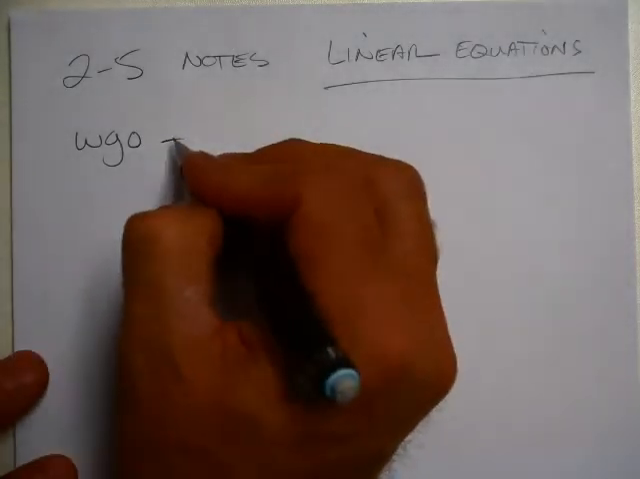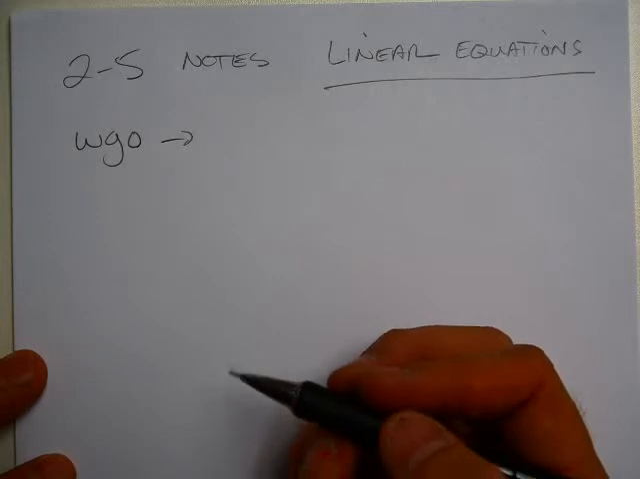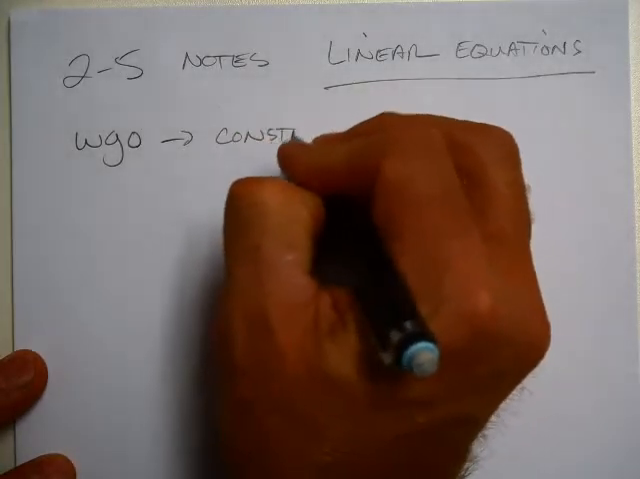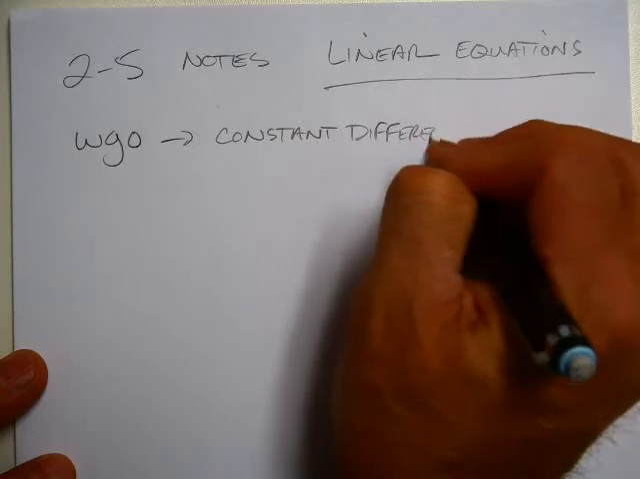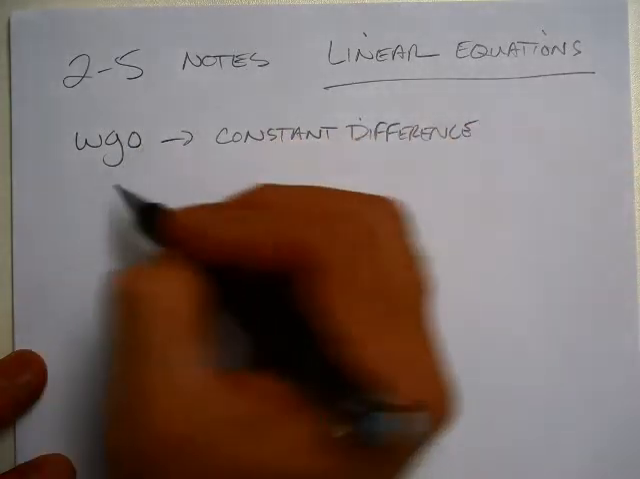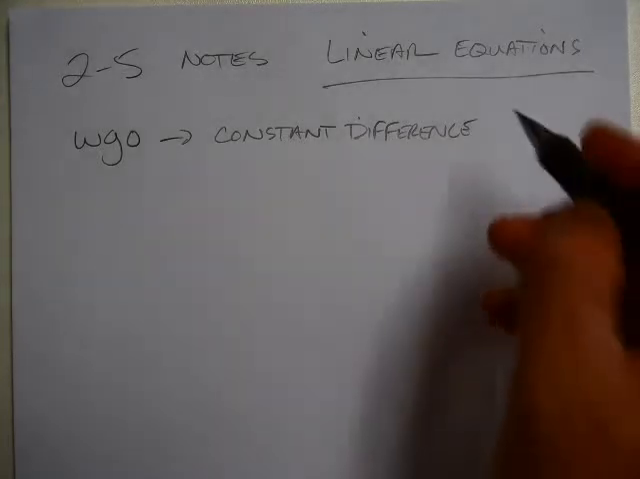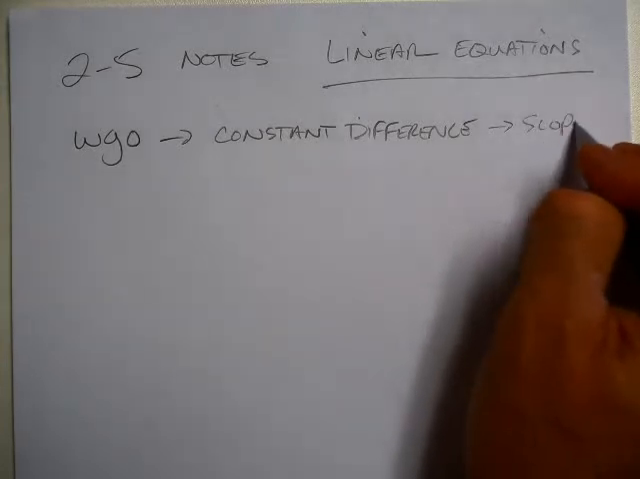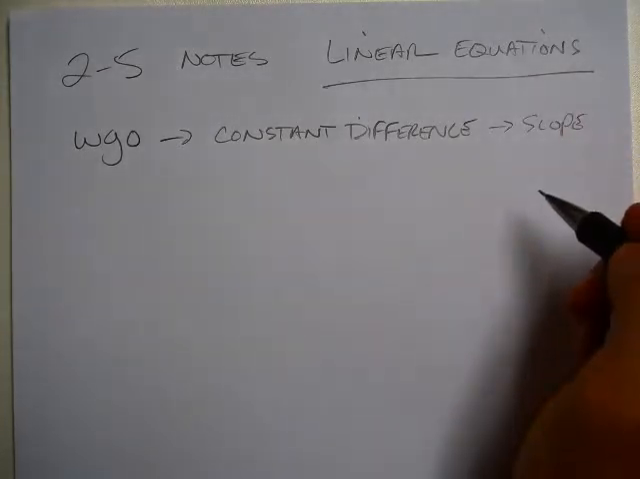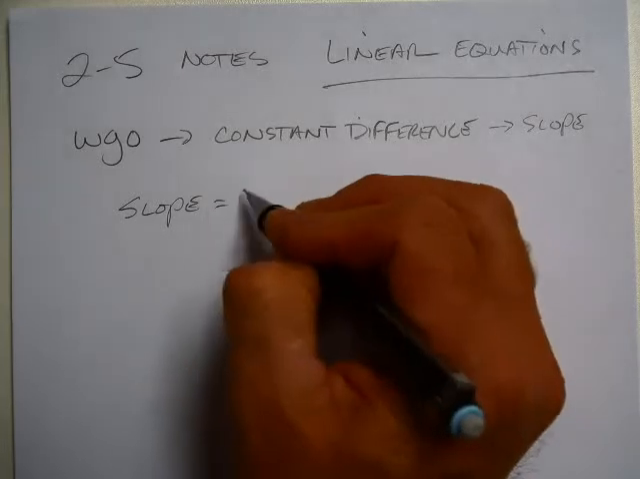The what's going on, and that is what's happening, right? It's also the constant difference. So the book calls it the constant difference. I've called it the what's going on. We've also had the constant ratio, but let's leave that out for a minute. What it really is, is the slope. It's the rate of change. It's the slope. And slope is change in y